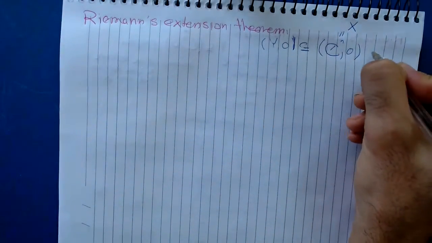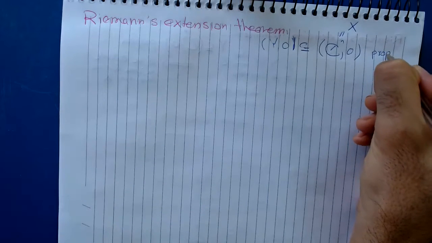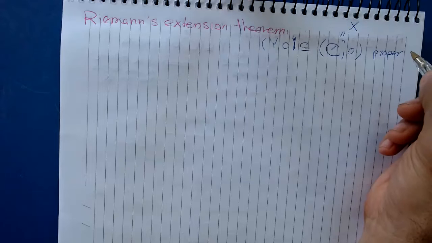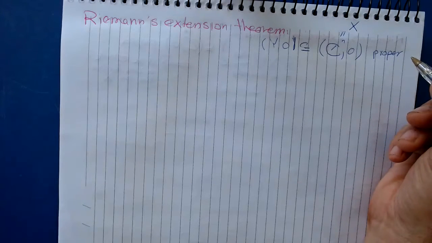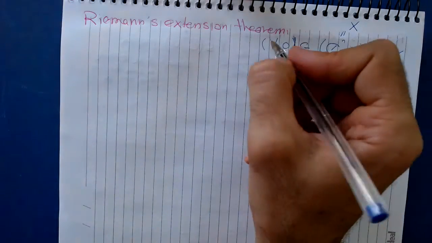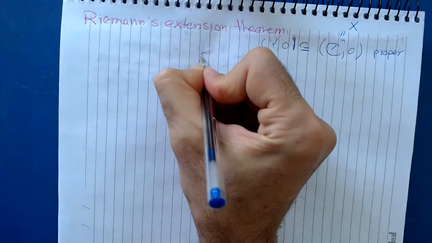So this is a proper analytic variety. It means that it is given by at least one non-zero holomorphic function, or in its ideal we have at least one non-zero holomorphic function. And so if f